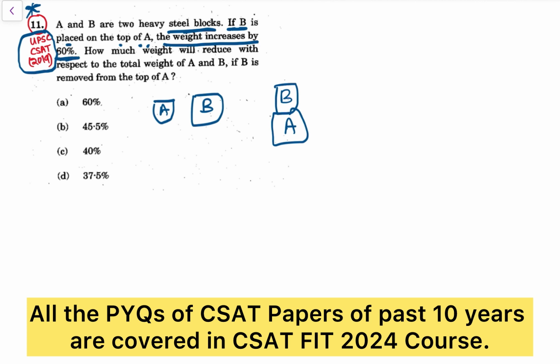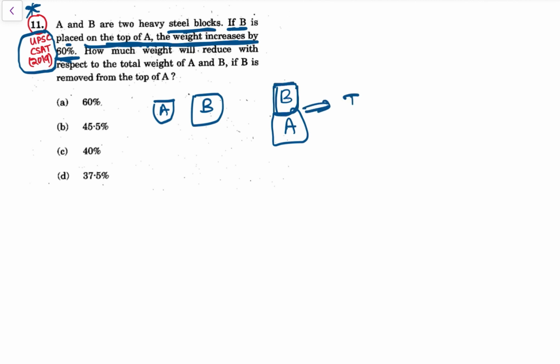So if B is placed on top of A, the weight increased by 60%. This is 60% more than the weight of A. So how much weight will reduce with respect to the total weight of A and B if B is removed